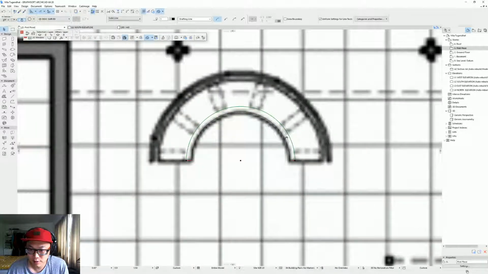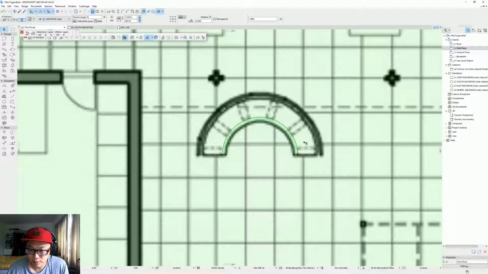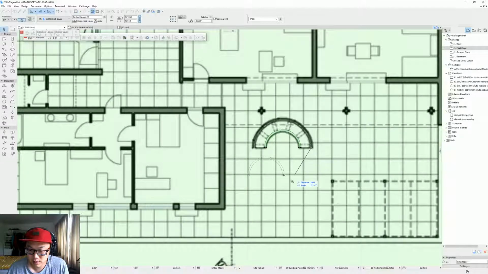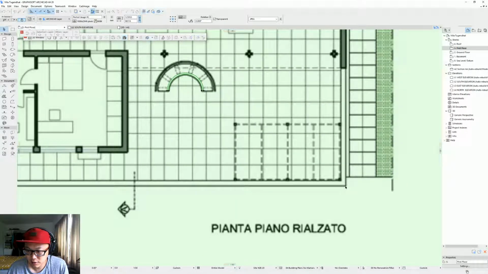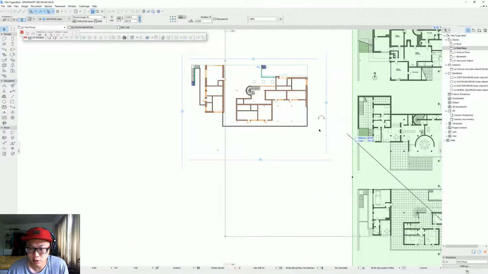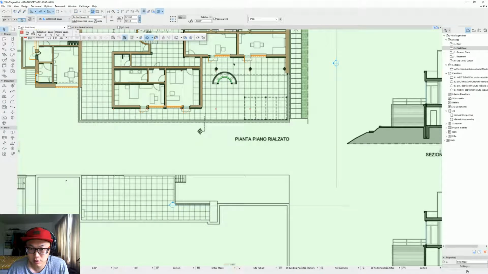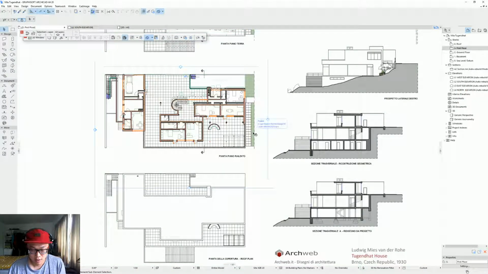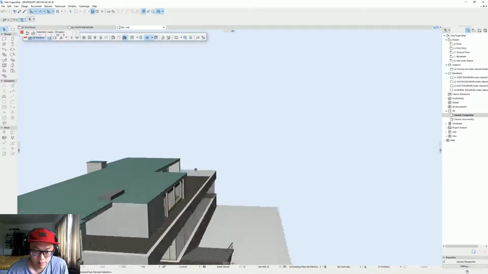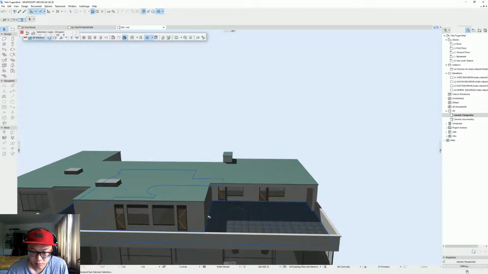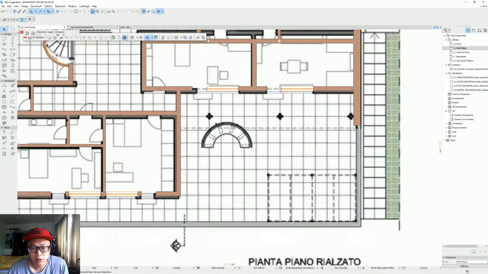So maybe I just take this image and the slab that I just made. Voila. Now it's on top, and it should be around here. So what you could do now is to